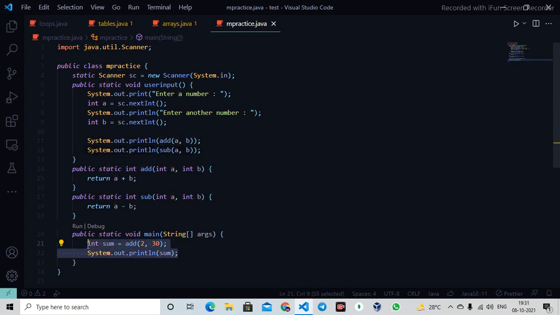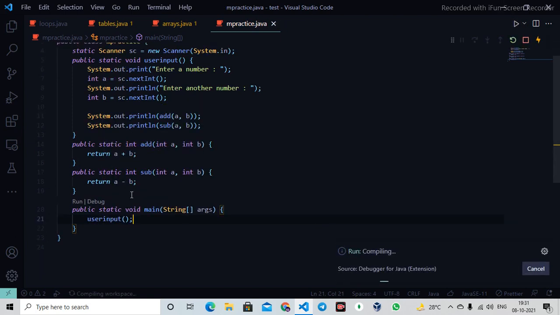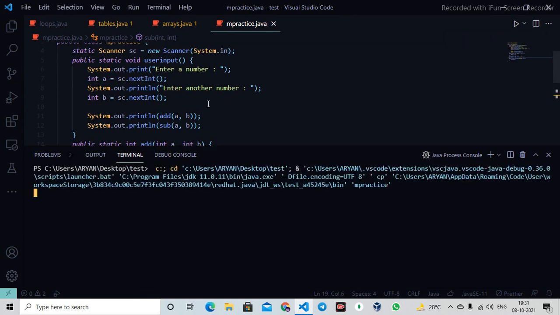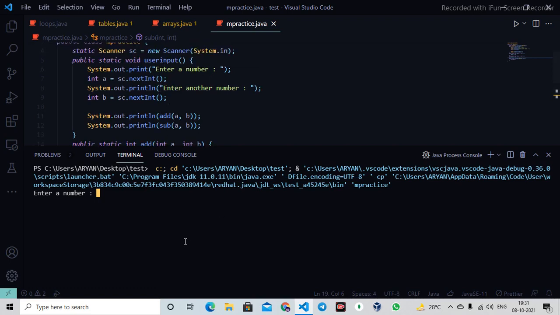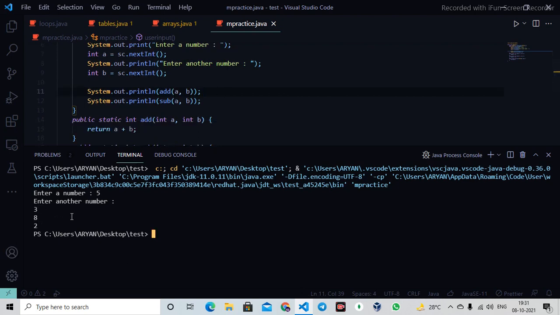And now I will just do only one method. I will say userInput, and I will run the program. So in my main method I have only userInput. So how your program is running is it will go to your userInput and it will say enter a number. So I will enter 5 here, enter another number, okay. So I will enter 3 here. So you can see it will return me the sum as add. First it will add 5 and 3, which is 8, and then it will subtract, which is 2,